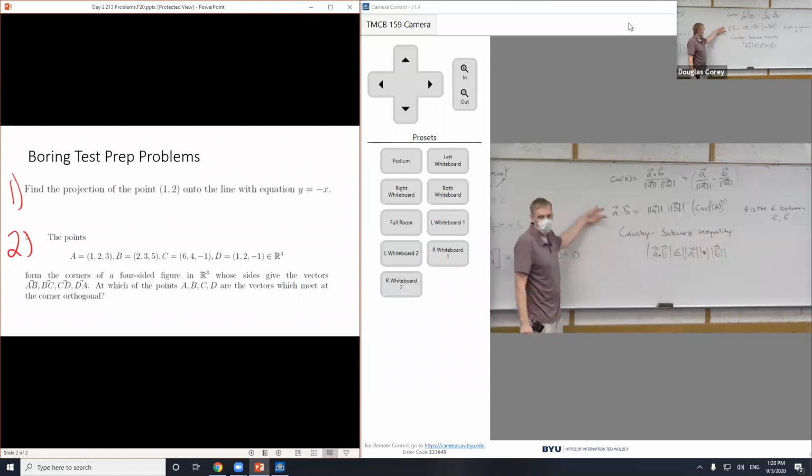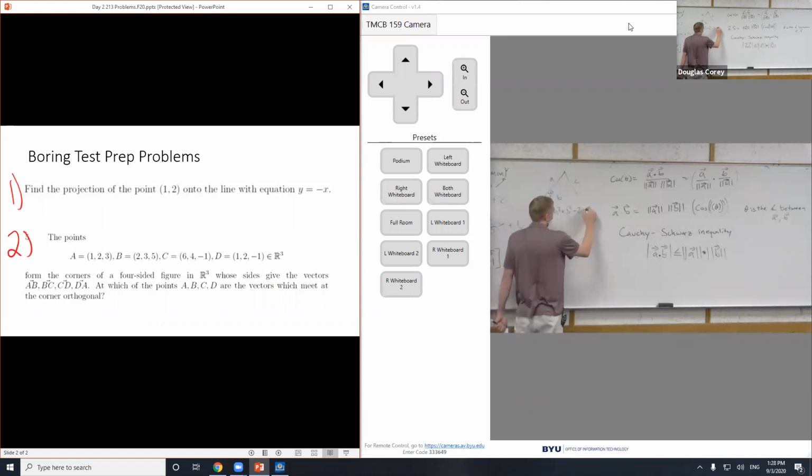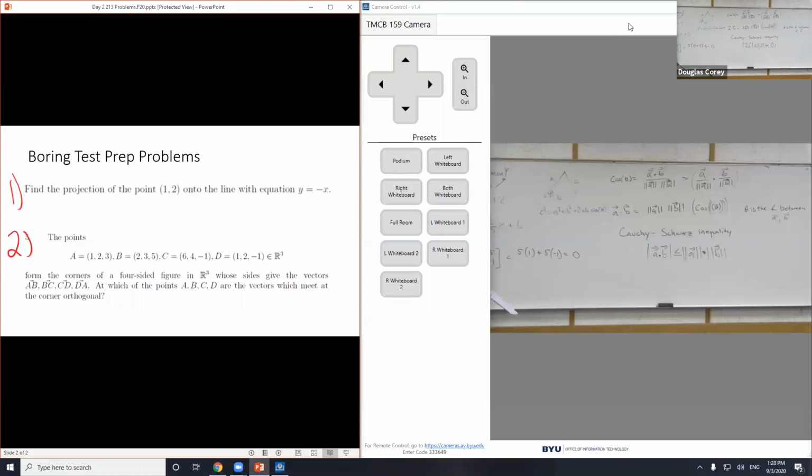Yeah, to prove this? The law of cosines is one way to prove this. You may not remember the law of cosines. If this is A and this is B and this is C in a triangle and this is angle theta, it's like a generalized Pythagorean theorem. So C squared is A squared plus B squared. That's true if this is 90 degrees, but this is true for any angle, minus 2AB times cosine of theta. Hope I did that right. You can check and see. I make mistakes all the time.